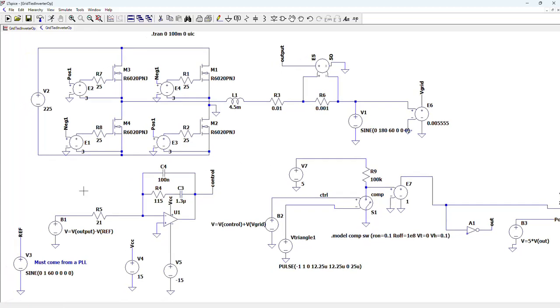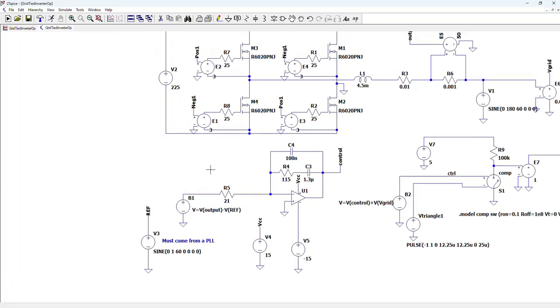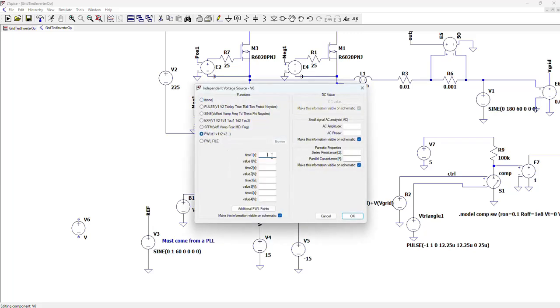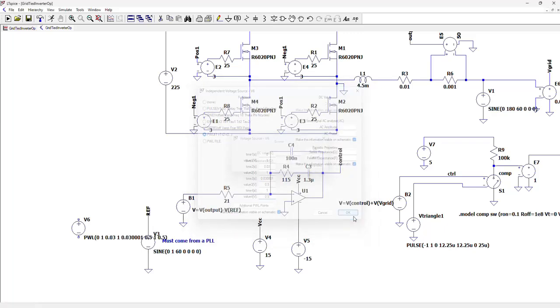Another test that I'd like to apply when I design a controller is to change the reference from 20 amps to 10, from 100% to half. Let's see. I will include here a voltage which will be a step. If I define this voltage as a step, varying from 1, for instance, in 30 milliseconds, to 0.5, this will be a step down, varying the reference from 20 amps